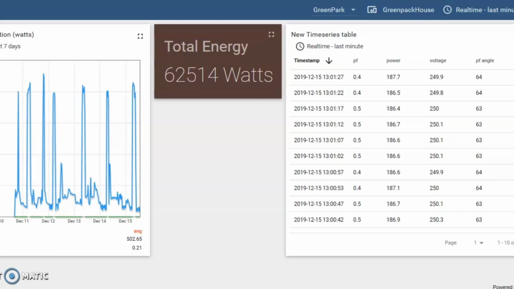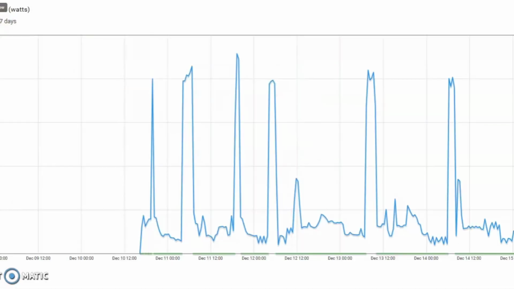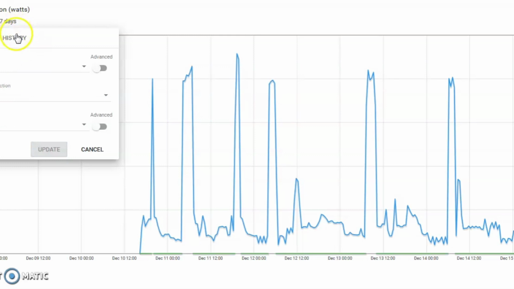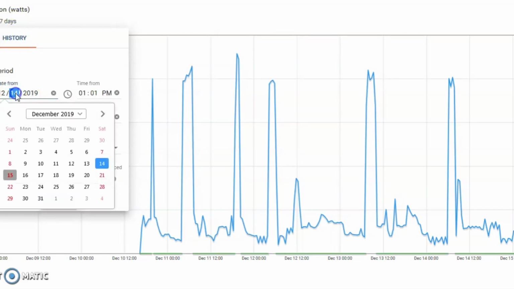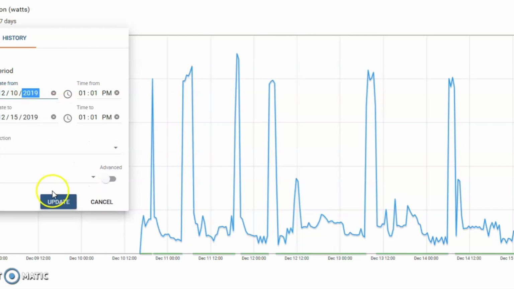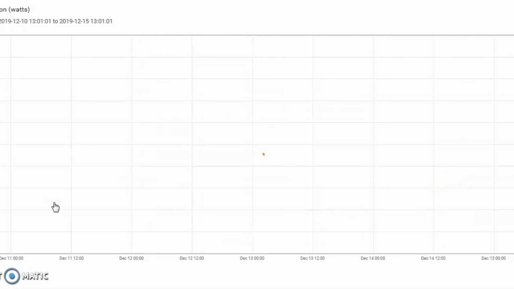Yeah, so we installed the data logger, and the device started sending data every 5 seconds. As you can see, it's still active on site. Every 5 seconds we are getting data. Zooming in into the history of the data, we find that we installed on the 10th, and viewing the data from the 10th, we find that